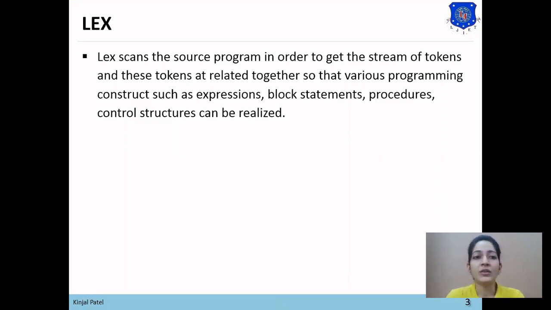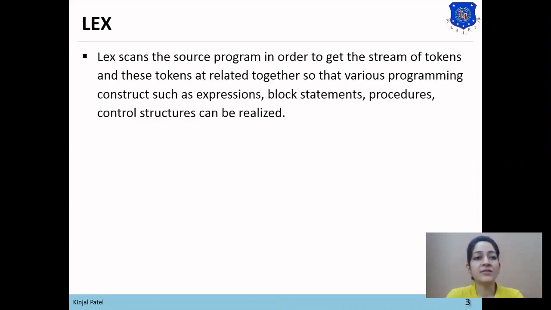There are two types of compilers which are used with the C compiler. The first one is the Lex compiler and the second is the Yacc compiler. The Lex compiler is used to generate the lexical analyzer, and the Yacc compiler is used to generate the parser. Means the output of Lex will be passed to the Yacc compiler so that it can generate the parse tree.